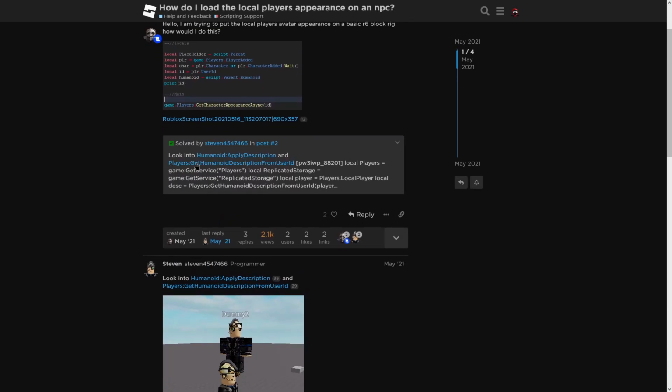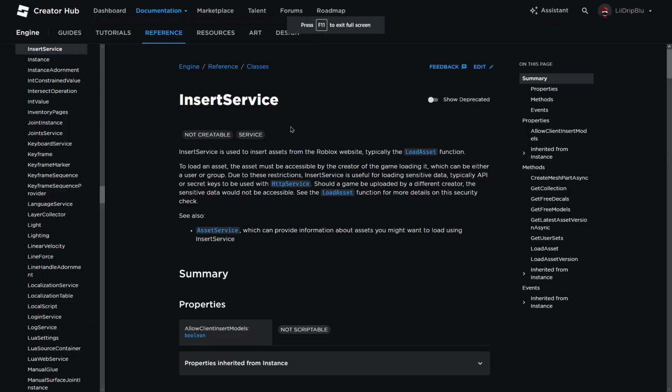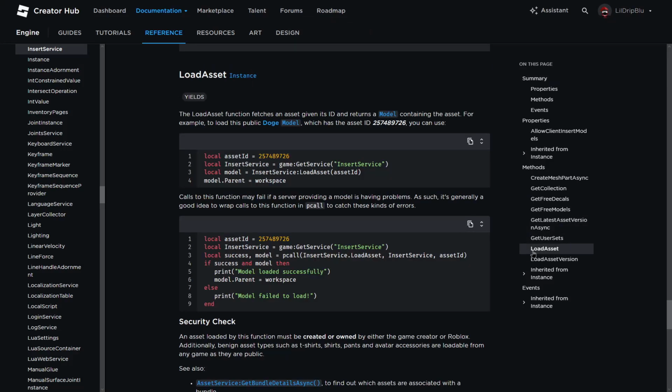Oh, where is it? Right here. You go players, get humanoid description from user ID, and then you put in the user ID. And then you use humanoid apply description. So let me just pull this up real quick. What you would want to do is you'd want to get the insert service, and you'd want to use this load asset function that we have here. So you'd go through the humanoid description, because if you use players:get humanoid description from user ID, I'm pretty sure something like that,